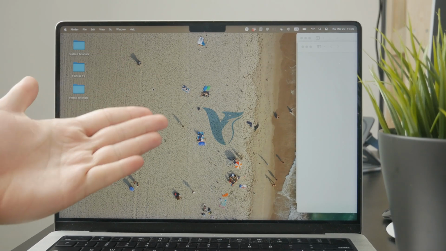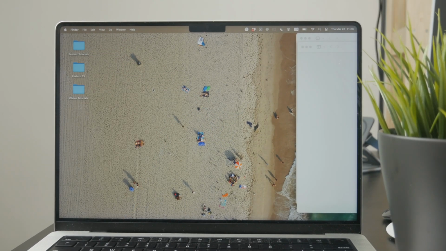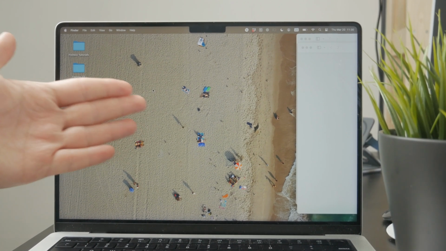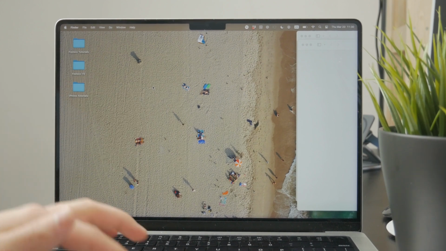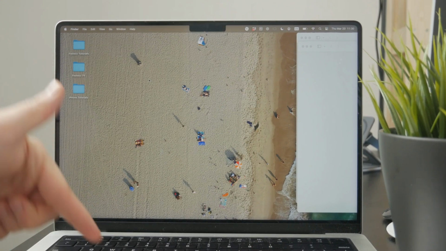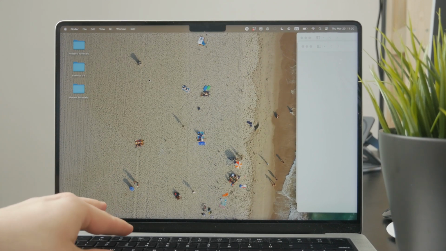So this is how you can crop a screenshot on a MacBook. Let's get into it. There are more ways you can do this, so I'm going to cover the most useful ones. At first, if you capture your entire screen by pressing Command Shift 3, then